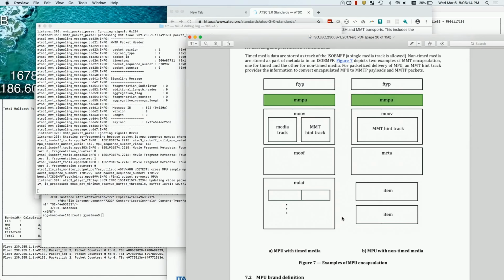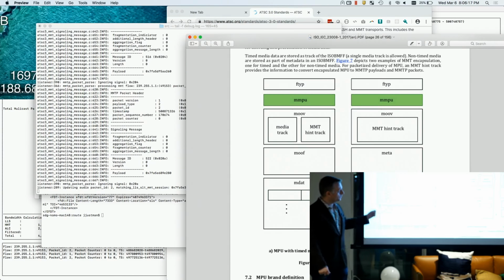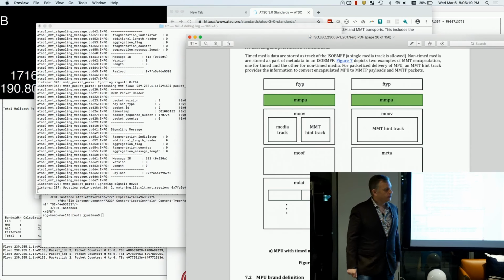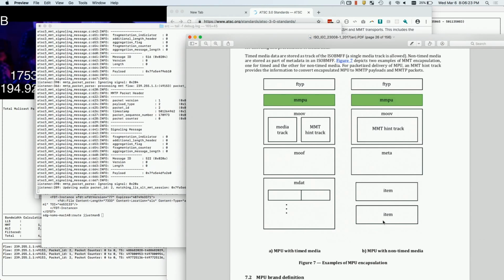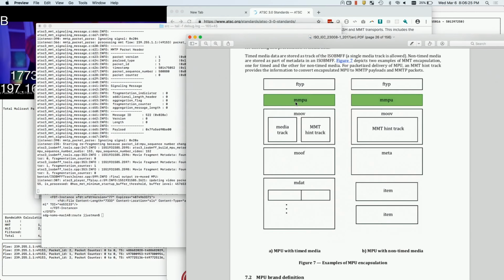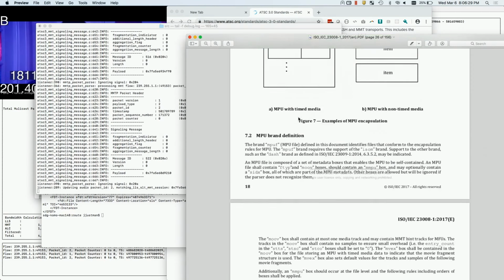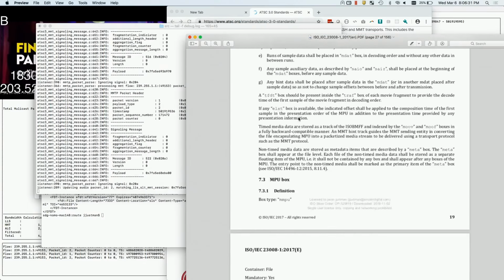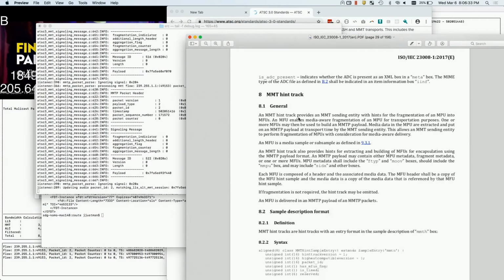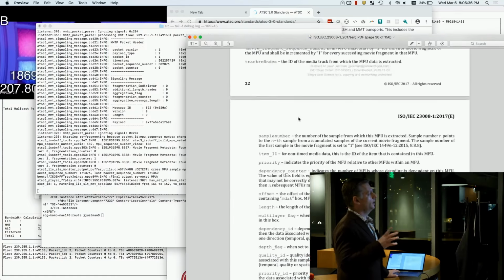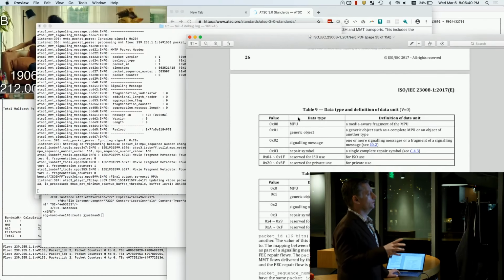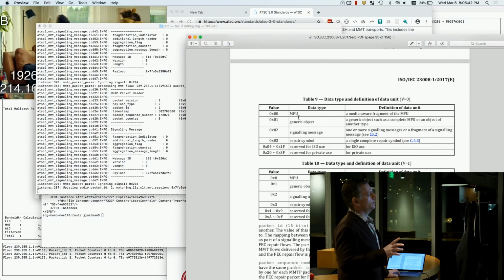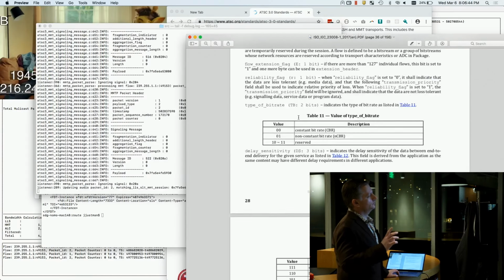So there's 3 different types of fragmentation that it supports. There's the init box with the F type. There's the movie fragment metadata, and then there's the actual track data. So if you ever really can't fall asleep one night and are interested in this, it gives you all the technical details you need to do this on your own, except that I already have it.